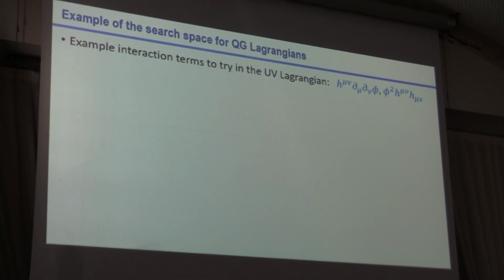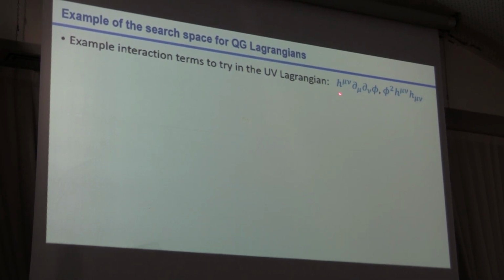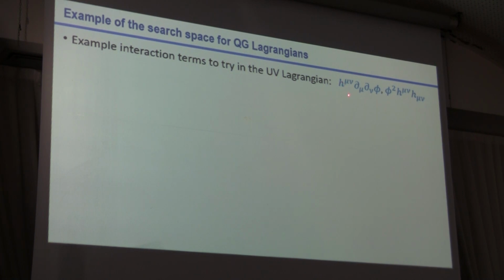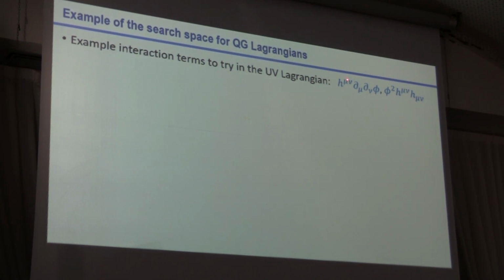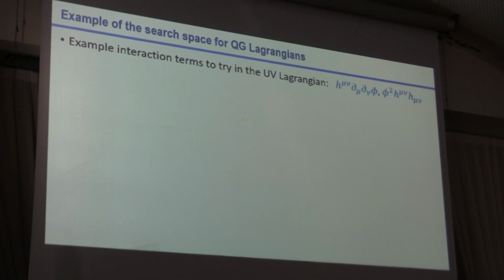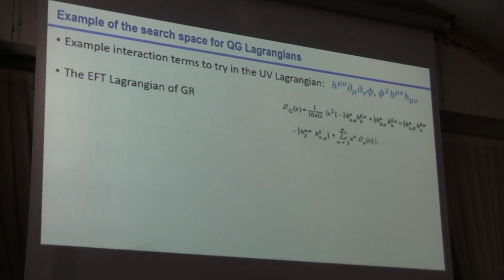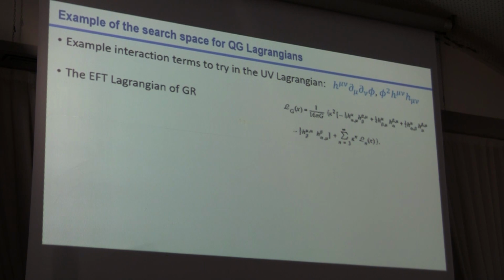So here's an example term like this. Those are interaction terms between, let's think about it as, the perturbation of the curvature a bit beyond free space, beyond flat space, and a scalar of some type. And we can put multiple scalars and even add interactions between those scalars. So there are quite a lot of things we can do. But what do we test over?